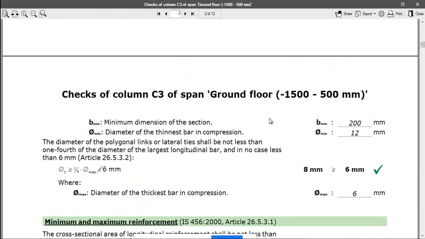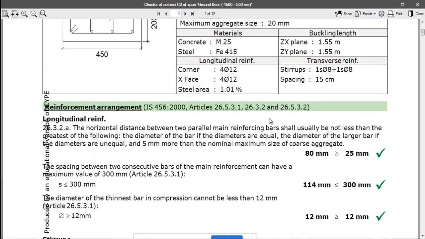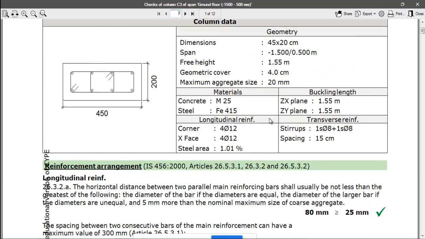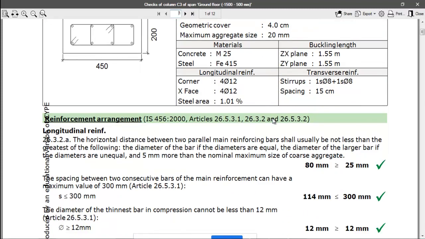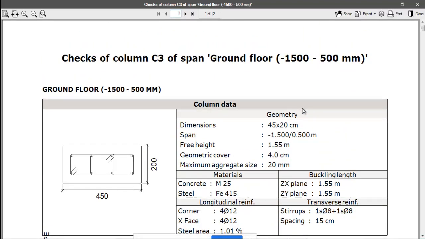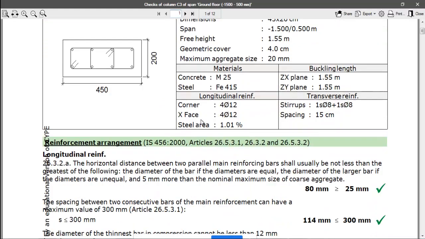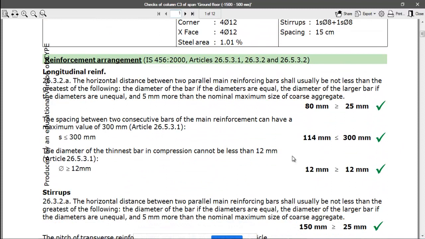Okay, for the young engineers, they can learn the design of a column much more easily, much better. They don't require anybody's help on how to do the column design. Even in a very good textbook, you will not find 12 sheets of design calculation for one column design. I don't think that is available.